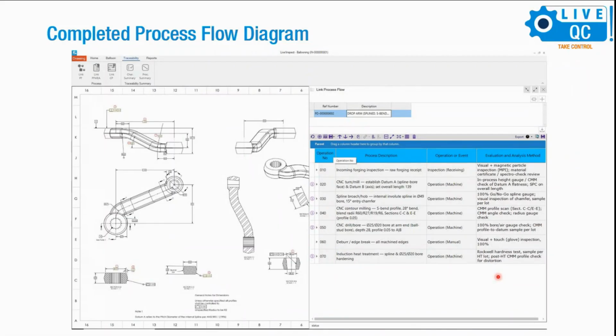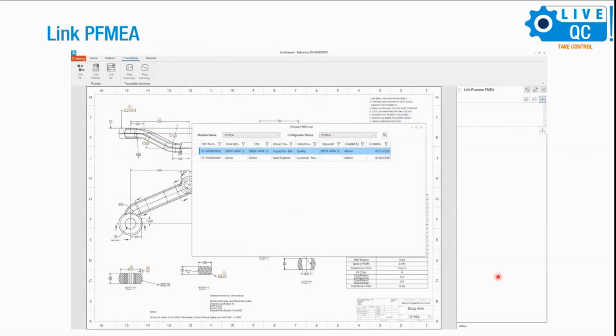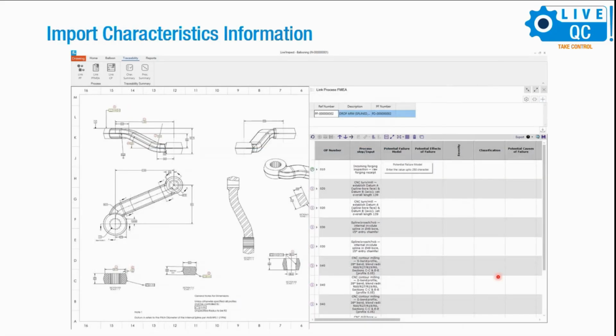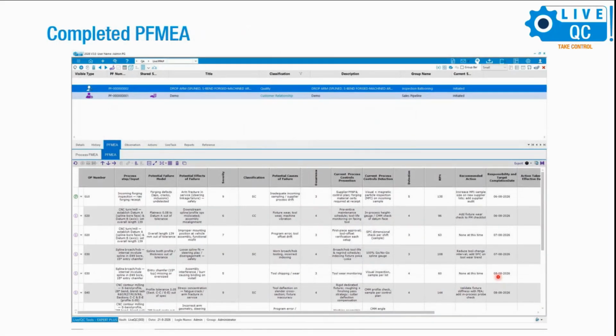Now the risks associated with the process. You take the PFMEA and you link line by line as well. You take each and every one of those processes. The operator number comes directly from what you gave here, right? It's all linked. And then you get your PFMEA with your SOD.